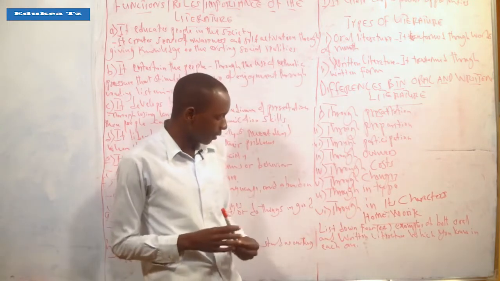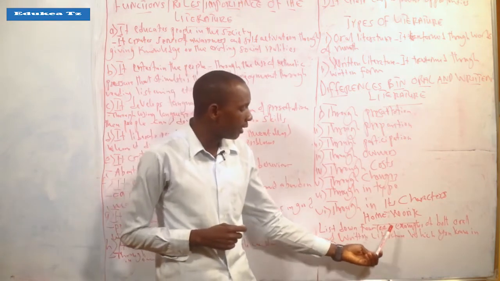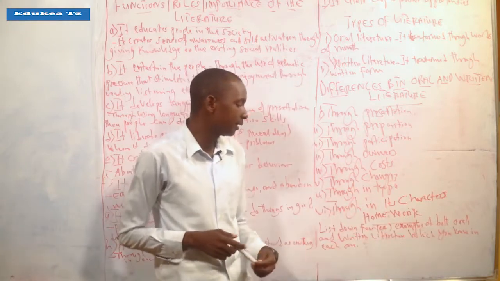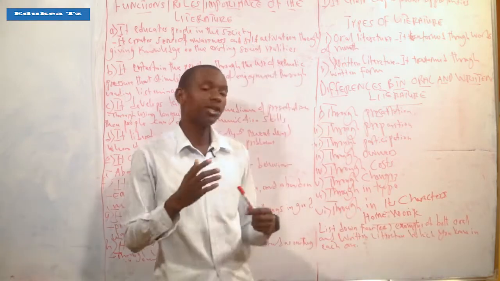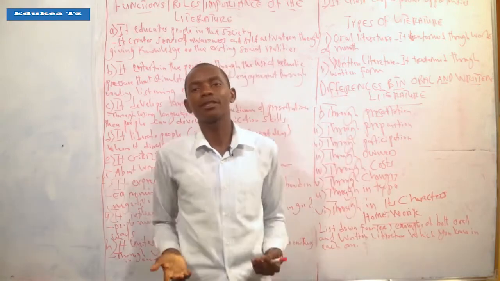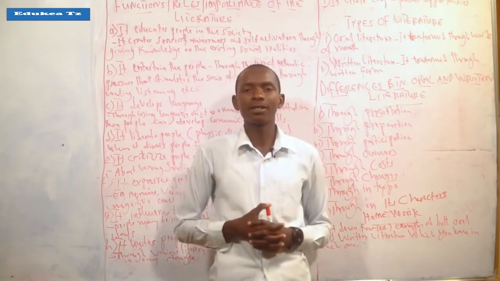The question states: list down four examples of both oral and written literature which you know. In each type of literature, you have to provide four examples of oral literature and four